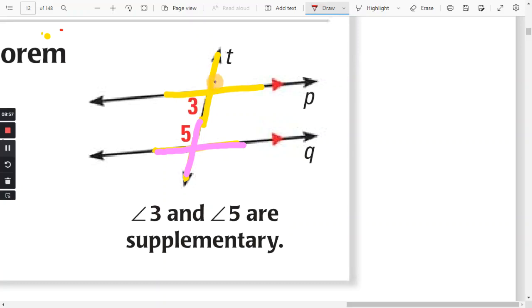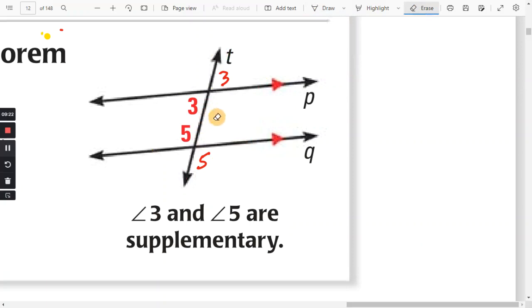They call this angle 3. And just for the sake of argument, I'm going to call this angle 3 as well. You're not really supposed to do that, but these are across from each other, so I know they're the same measurement. This one's angle 5. So this one is also going to be angle 5, okay, because they are vertical angles. And now, if I erase these x's,